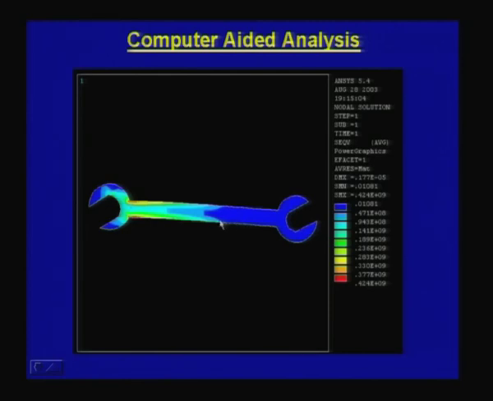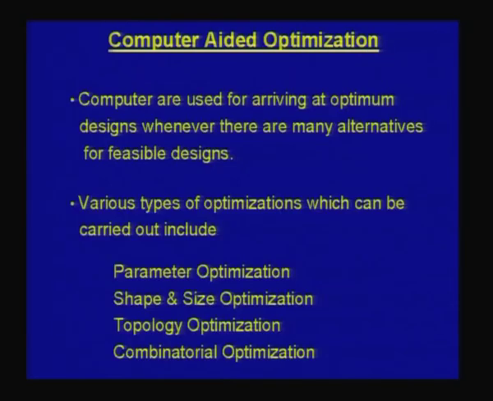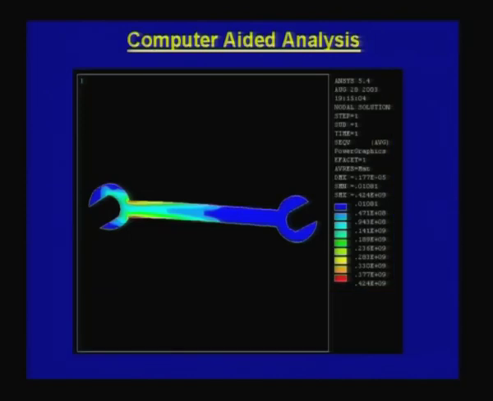This would be an example of a parameter optimization, but this can also be attempted as a topology optimization. In a typical topology optimization, instead of reducing, let us say, a cross section like thickness at those places where it is not stressed, I may remove material as a cutout. For example, I may have material removed somewhere in the middle in the form of a cutout, whereby you are actually changing the geometry and also the topology to arrive at a more optimal design.